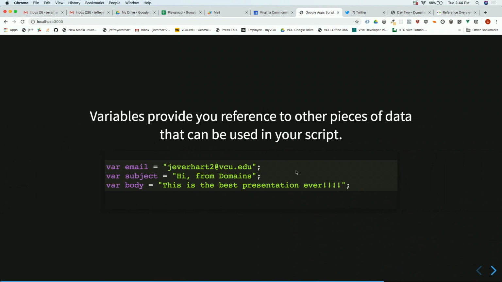So I think the first key concept we're going to look at is a variable. Whenever we do any kind of programming, a variable is a really important concept. And all that really does is store a reference to another piece of data. So it could be an email string, like I've defined here. It could be another piece of data that I've gotten in from a Google form. It could really be anything at that point,